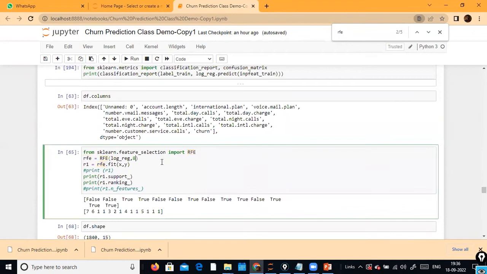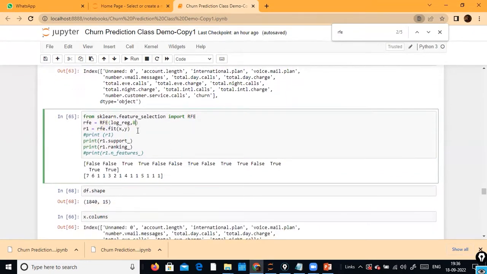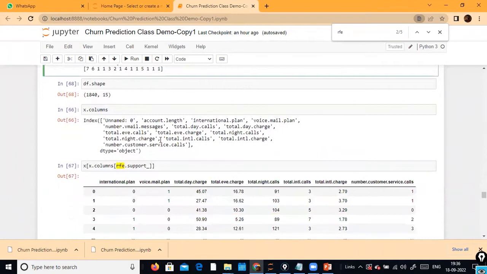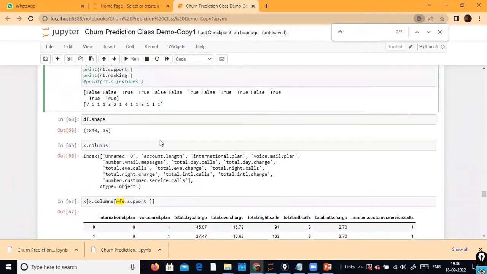So here it gives us the top 8 features. Out of this, we can see that the customer service calls, number of service calls, is rank 1. If you go in reverse, total international calls, international charge, international calls, and night, these 3 columns are